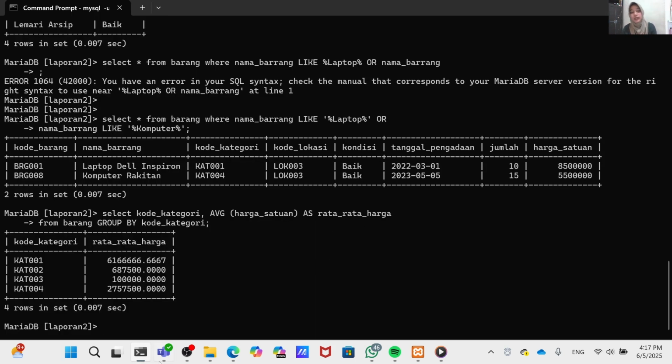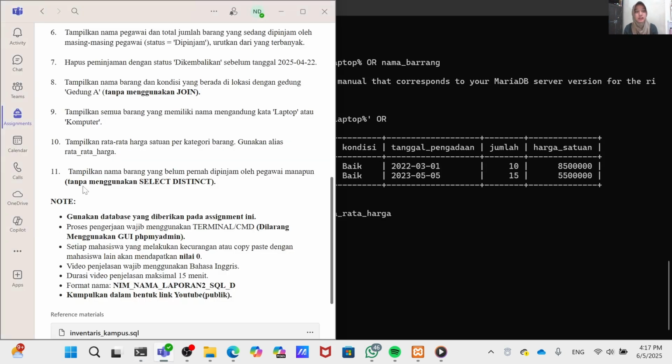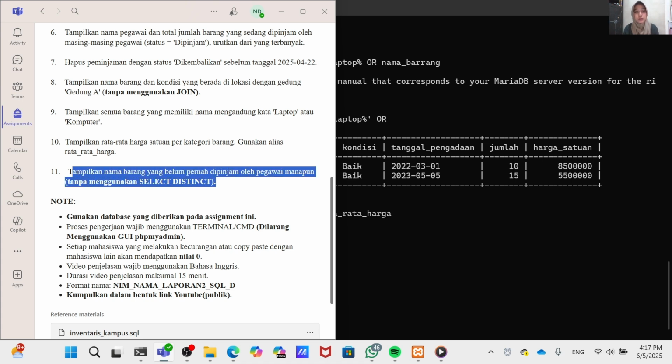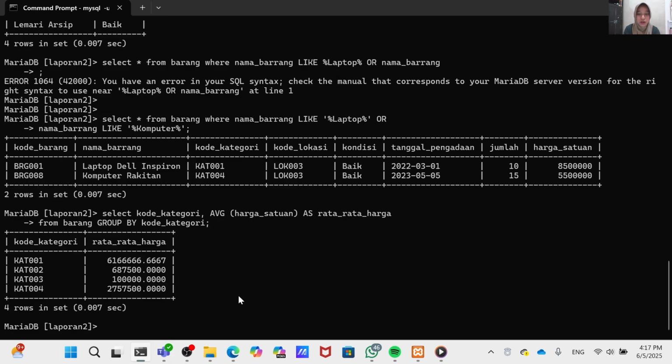For the last, we must display items that have never been borrowed. We can use select nama barang from barang.